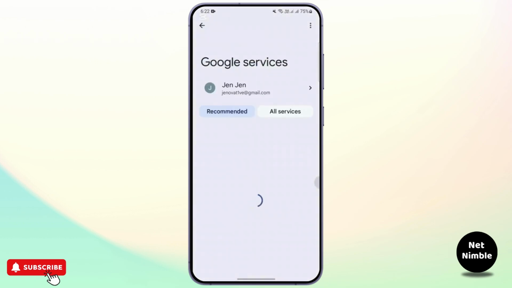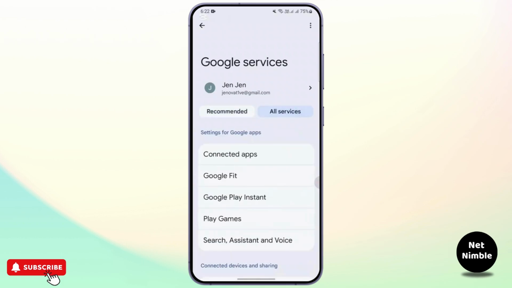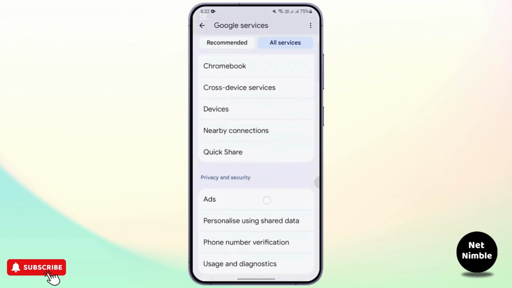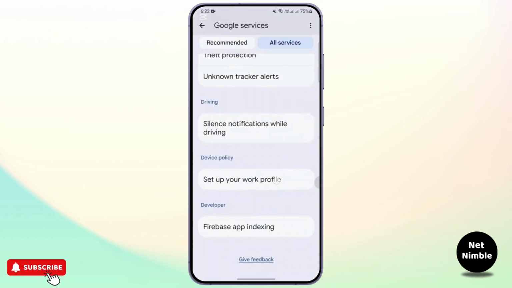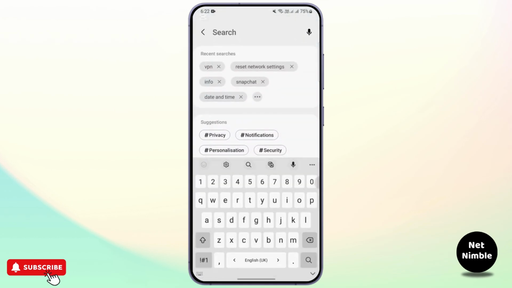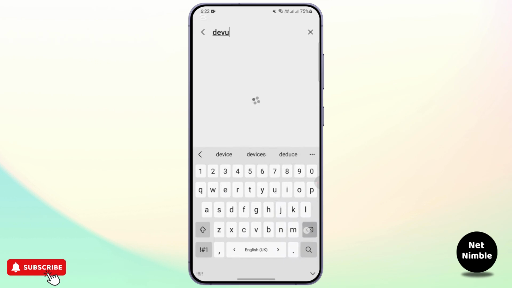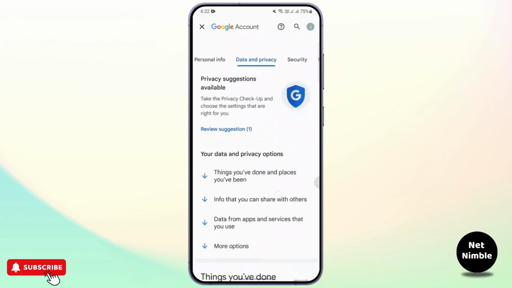Once you're here, go ahead and look out for data and privacy. Wait for it to load on the screen, and you can head over to the all services section if you want, and look out for data and privacy here. Or if you can't find it here, you can go ahead and type in right here on the search bar, data and privacy, and hit that search. Once you're here, click on the very first option and then you will be seeing this